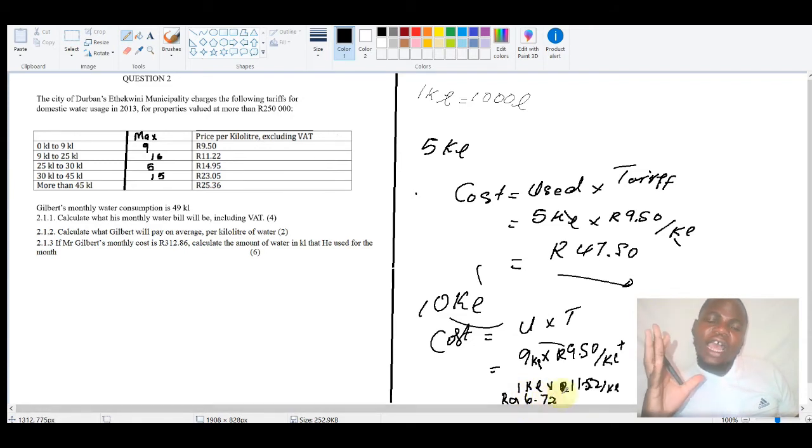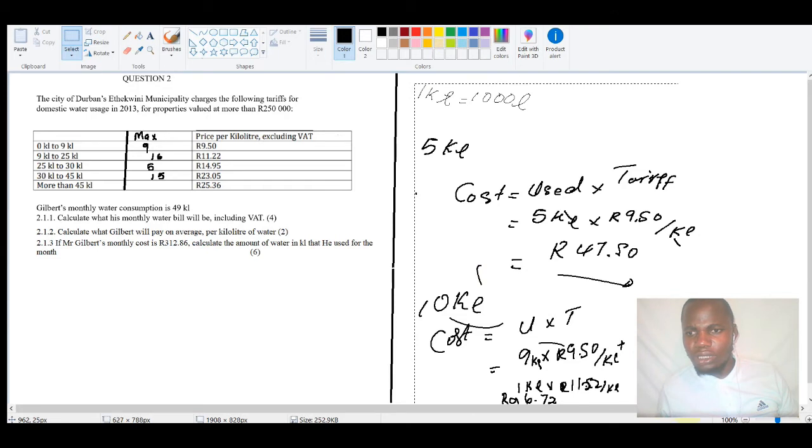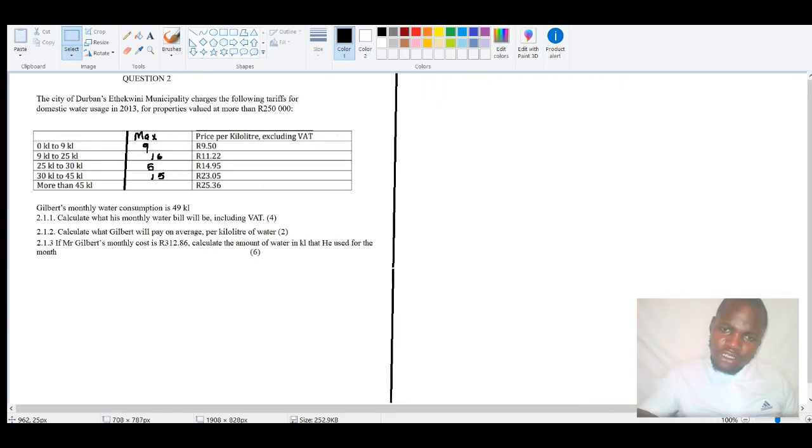96.72. That is the answer when you calculate the cost of using 10 kiloliters of water. 10 kiloliters of water, don't think it's 10 liters, it's 10,000 liters of water. So you have used so much water, so you pay 96 rand. Well, it's a fair one, okay? So you must make sure you always save water, don't waste water, because in the coming centuries we will be